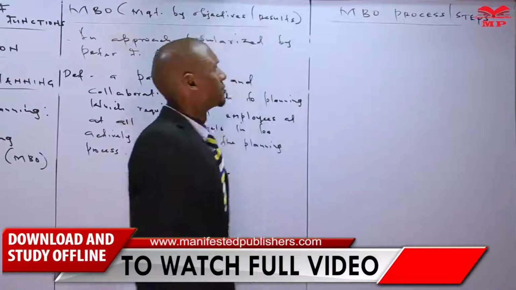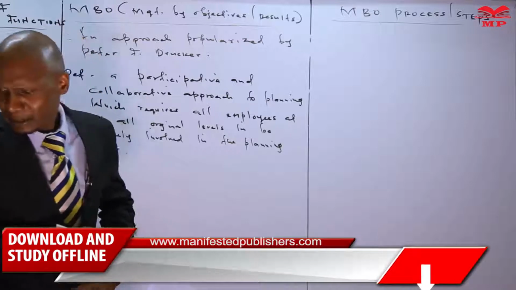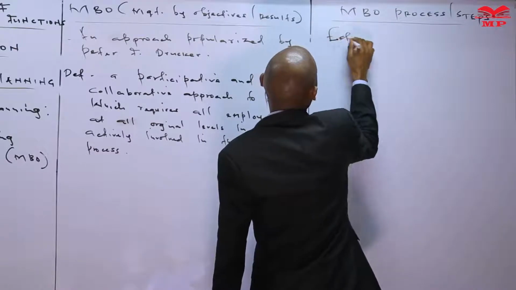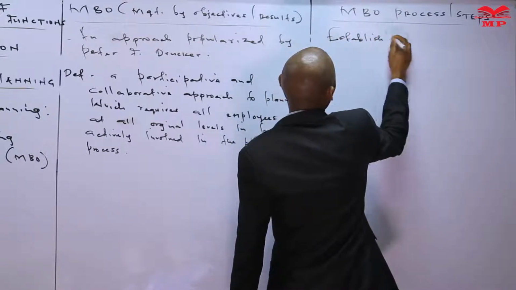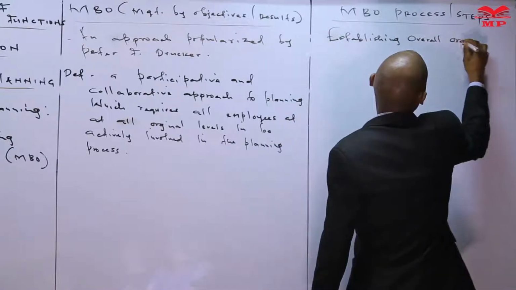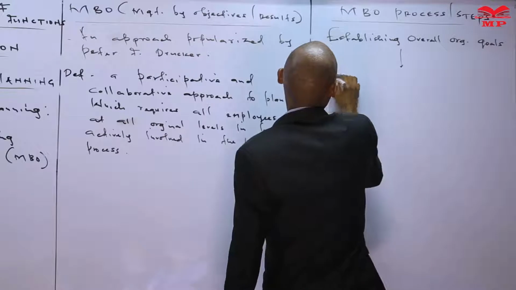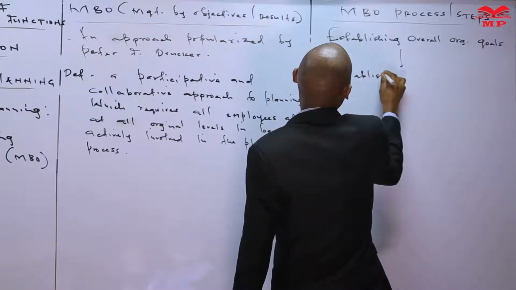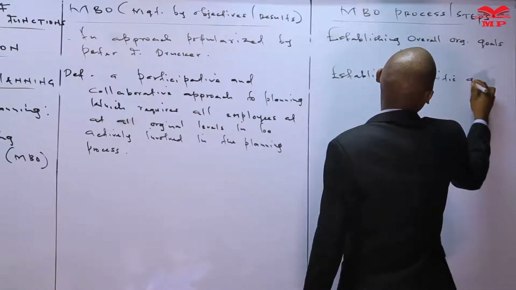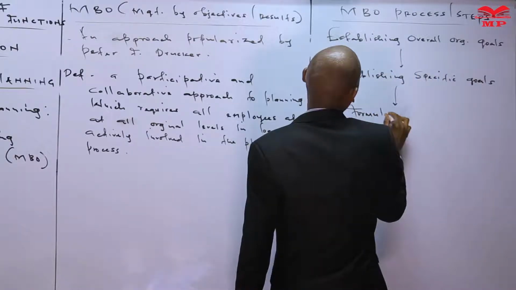The MBO process involves several successive set of steps, which includes establishing overall organization goals, establishing specific goals, formulation of action plans,